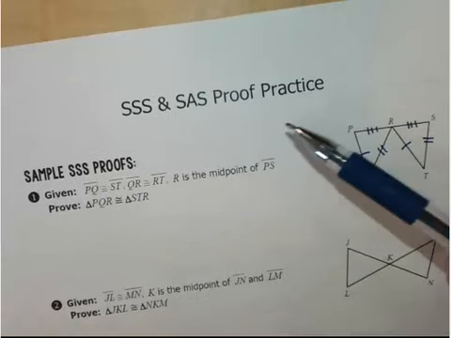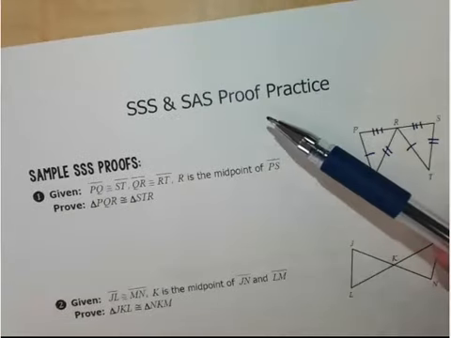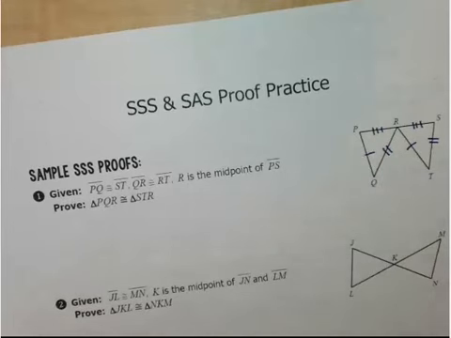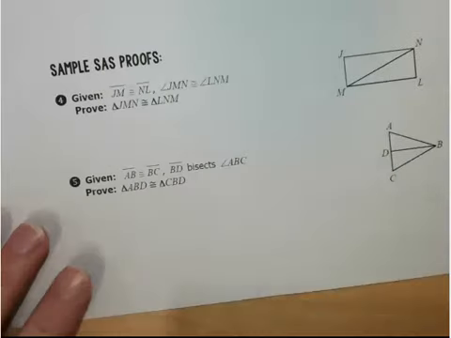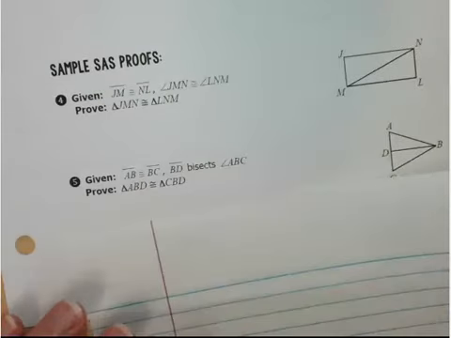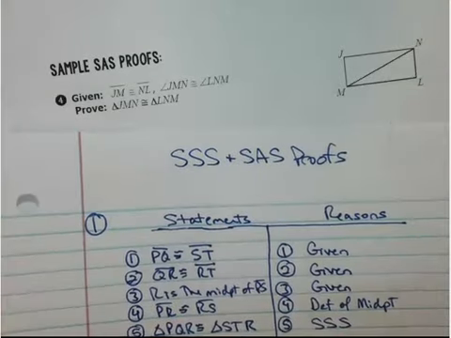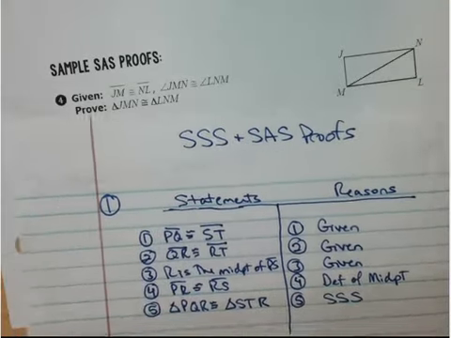Right, so we're still on this side, side, side, and side, angle, side proof practice because we're going to have all of our proofs in one place for these two theorems that we can reference later. So now I want to drop down to the side, angle, side proofs, and we're going to do number 4 and number 5. So go ahead and continue on the sheet where you already started,